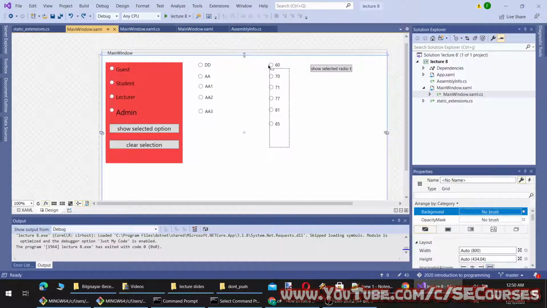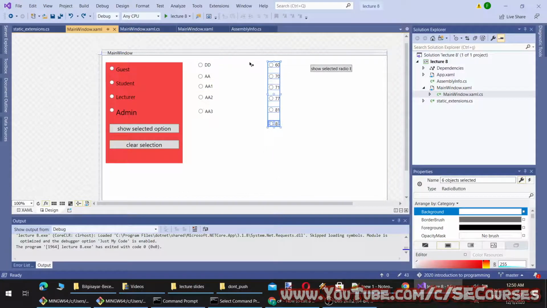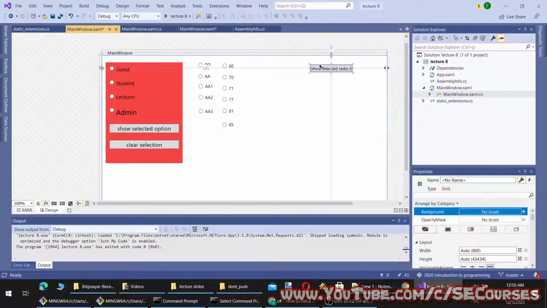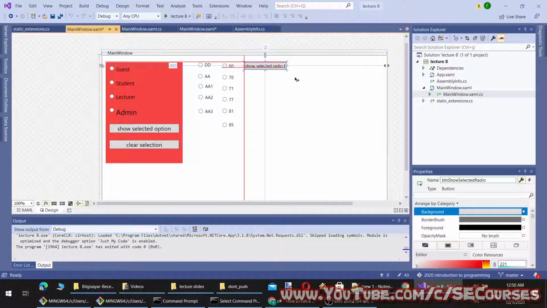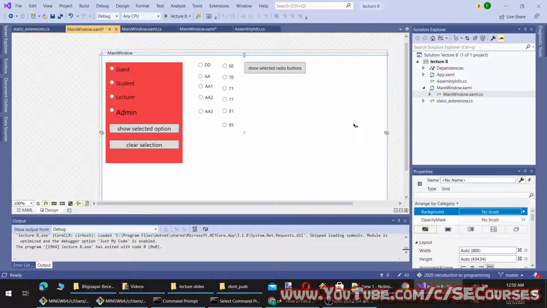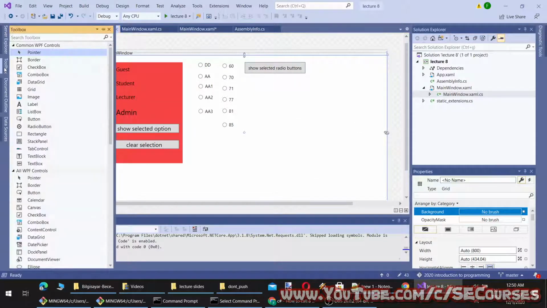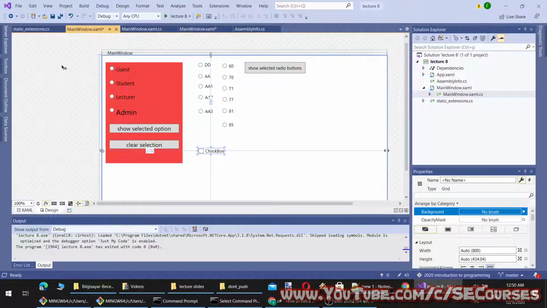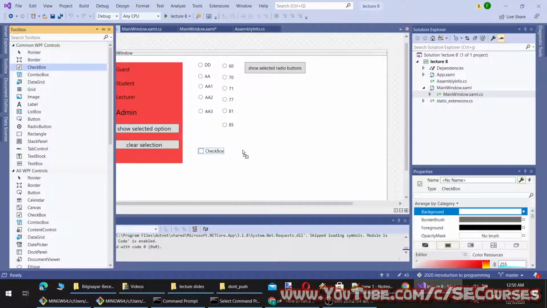What if we want to let users select more than one option at a time? You see, this is a bad design right now. What I am doing is a bad user interface design, but I'm just doing it to show you right now. So with checkboxes, we can let the user check multiple options.